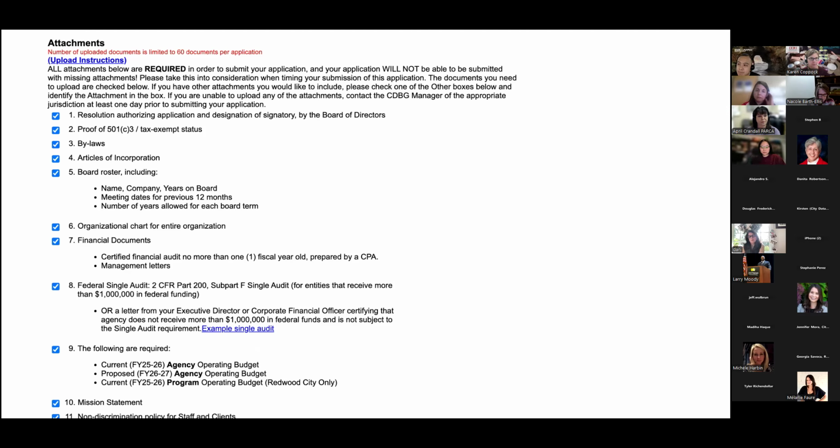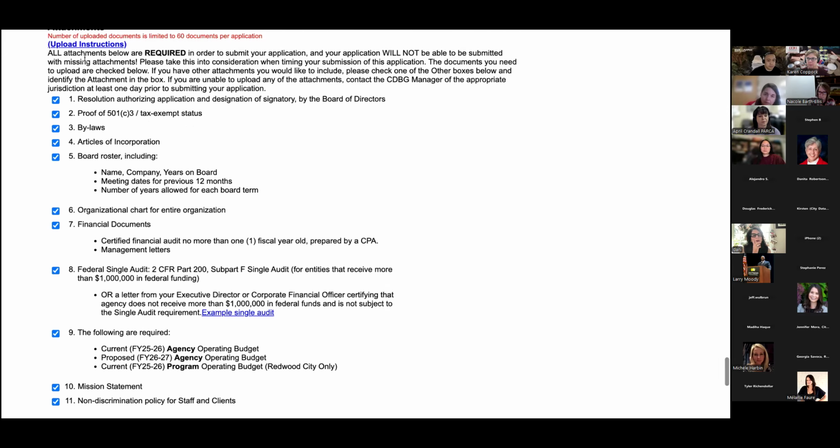Again, if you have any questions on the attachments, like any content questions, those should go to the jurisdiction you're applying to. Any software questions should come to us. All I know is that you got to do all these attachments in order to submit, and you will not be able to submit if you're missing attachments. Like I said, you'll get a warning pop up, and then you won't be able to submit it. It'll save it as a draft, but it won't submit.